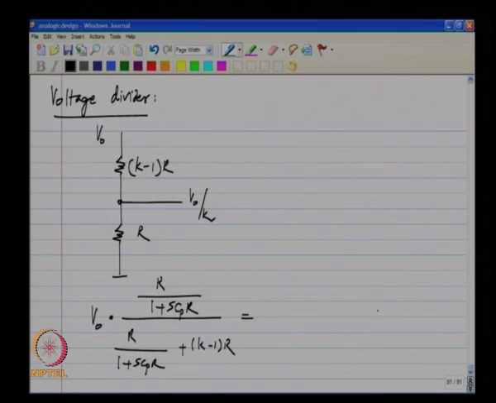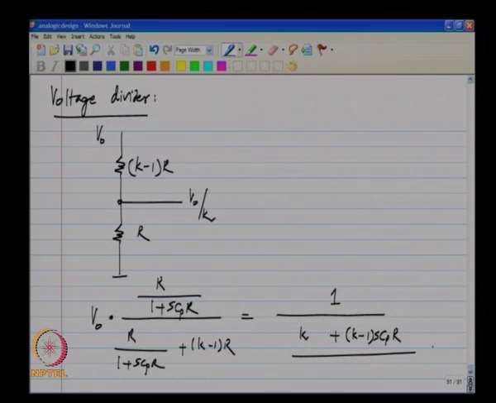And this if I simplify I will get R divided by k times R plus k minus 1 SCP R square, okay, and R cancels out to give you one by k plus k minus 1 times SCP times R, okay. And this I will rewrite by pulling out 1 by k outside,